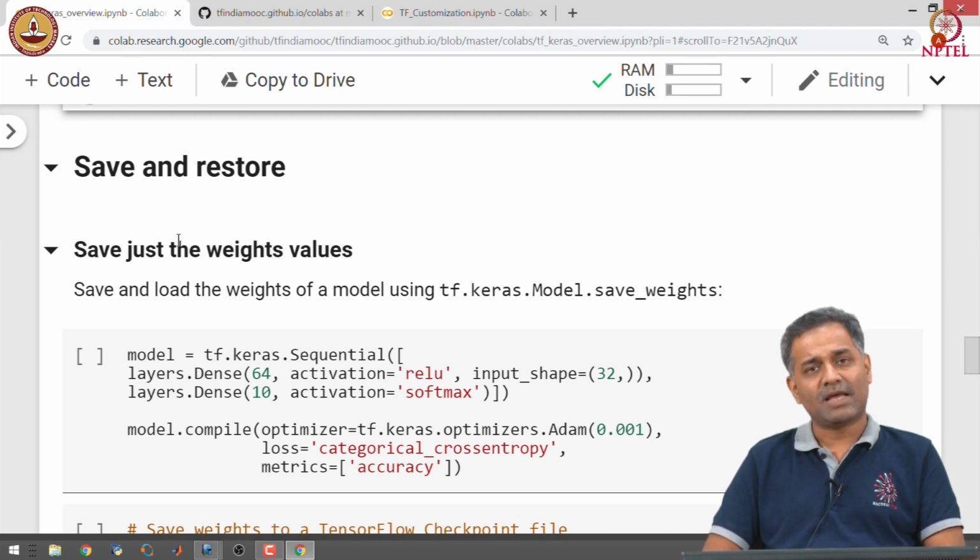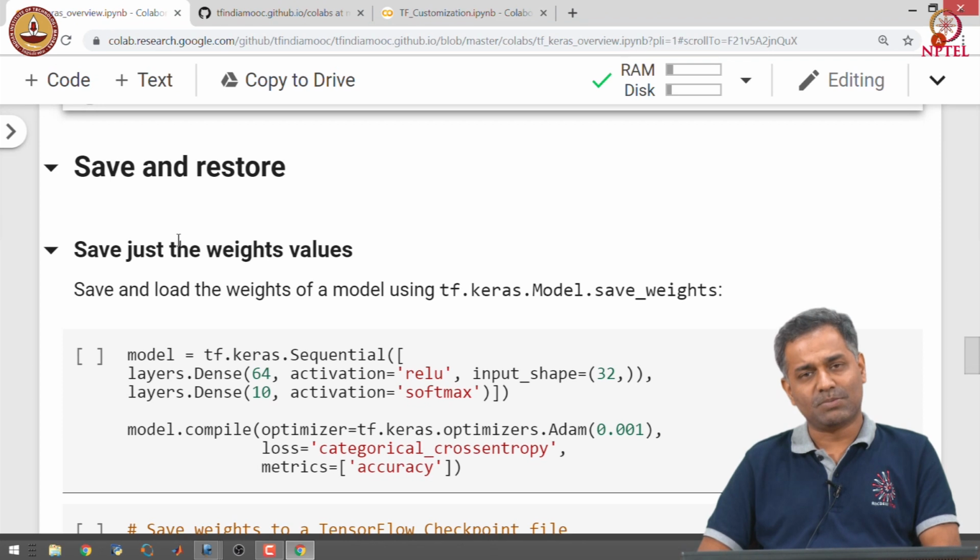The model can be saved in one of the following forms. You may choose to save only the weights of the model. In that case, you will be responsible for building the same architecture of the model and then using the weights to initialize the model, or you may choose to store only the architecture of the model.